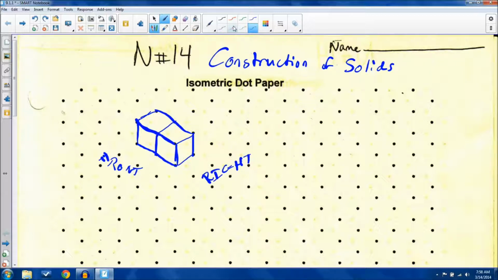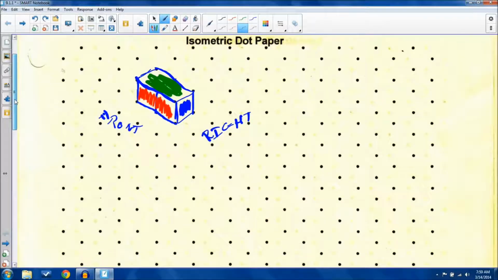So from the front, what I'm really looking at is this facing that's in red. On the right, I'm looking at this facing here that's in blue. And on the top, I'm looking at this facing that's in green. Now the top isn't visible as far as writing up from the top, but from the top down, I'm looking at the green. So although this isn't the perfect paper to work on, if I were to draw 3 different perspectives from the front, right, and top,